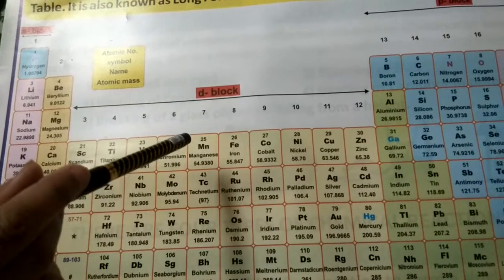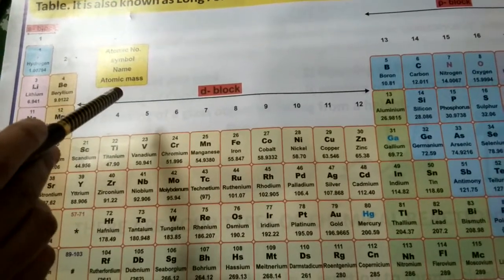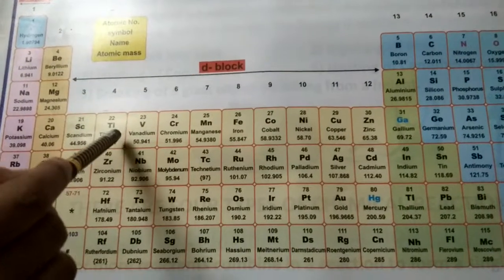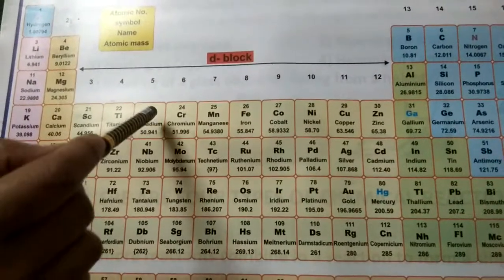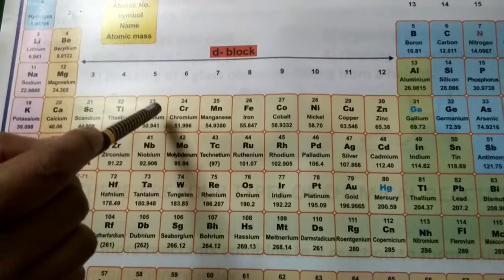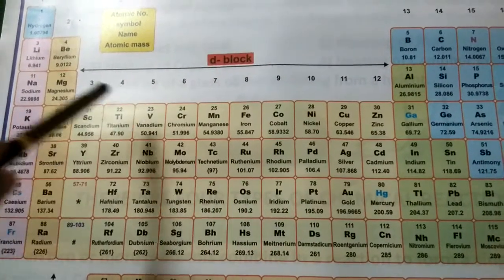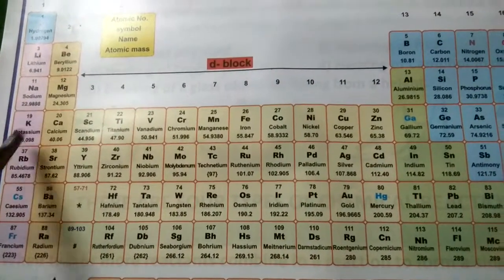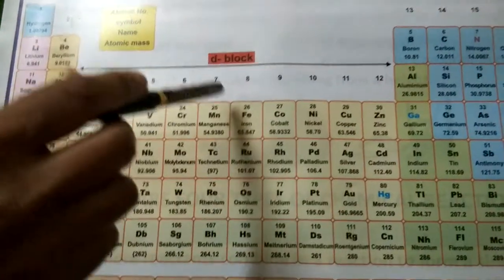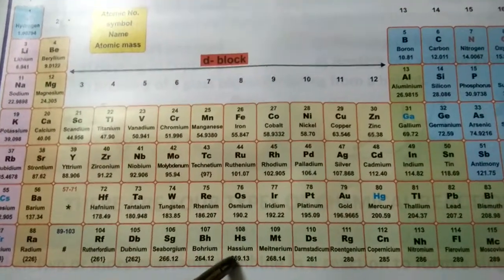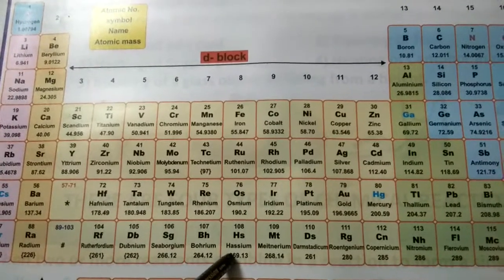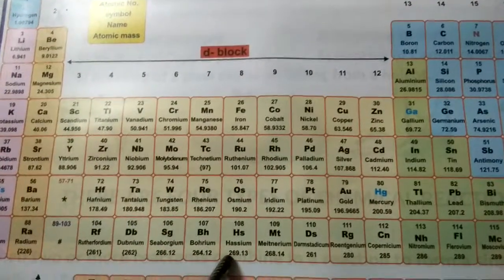Then we saw the periodic trend in the modern periodic table. Then we saw the atomic size, how the atomic size goes on decreasing as we go from left to right, and the atomic size goes on increasing as we go from up to down in a group.